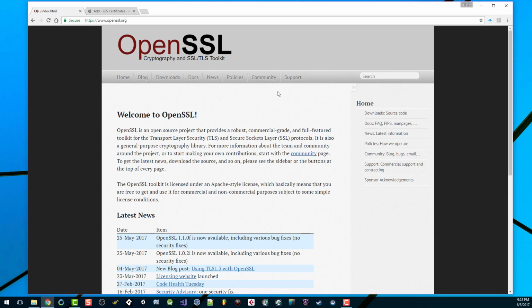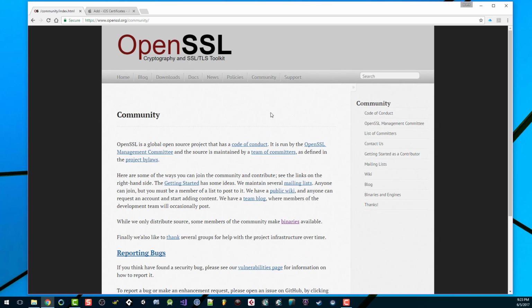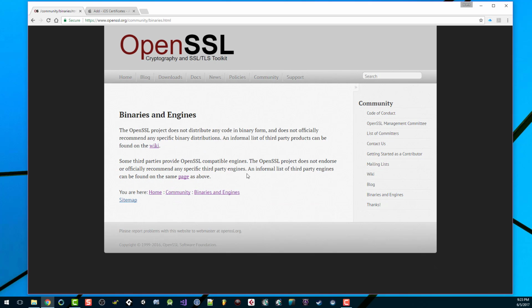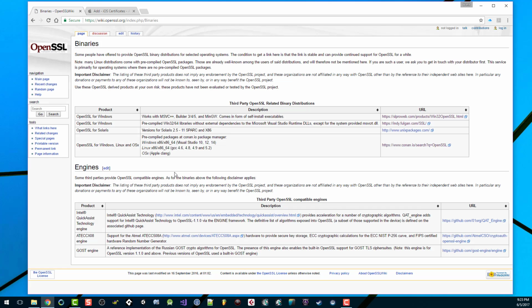from openssl.org. Go ahead and select Community. From here, go ahead and select Binaries and Engines. Now, the OpenSSL project doesn't distribute binaries, but we're going to go to their page. It references some third party, and here on the wiki we want to go to OpenSSL for Windows. We want this first one,